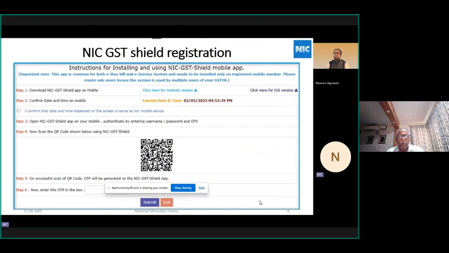Okay, this is the registration form for the NIC GST Shield. So they can download it from here. There are two types, an Android version as well as an iOS version. And here we are showing the date and time of the system. So when the user has opened the application, they have to check whether the date and time are matching or not. If the date and time are matching, they have to confirm by clicking the tick mark,